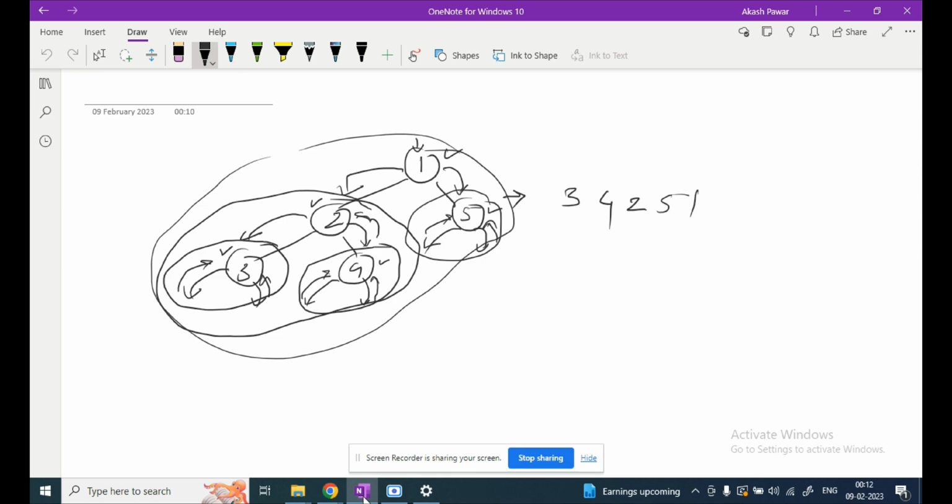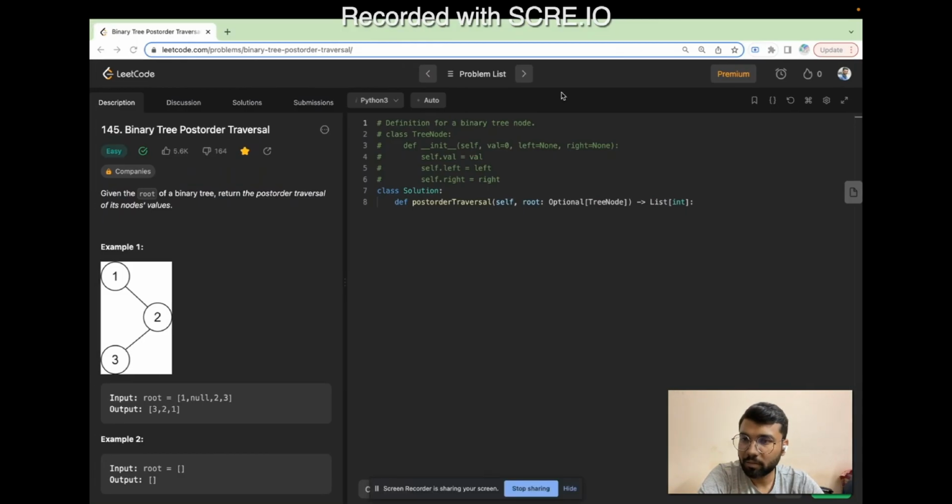Let's try to code this. Okay, so as we have seen on pen and paper, how can we do the post-order traversal of a tree? First of all, visit the left subtree, then visit the right subtree, and then visit the root. So let's try to code the problem, and it is pretty simple and pretty straightforward also. So let's name the function postOrder only. It will take a current node as a parameter and an answer list as another parameter, just to collect the visited